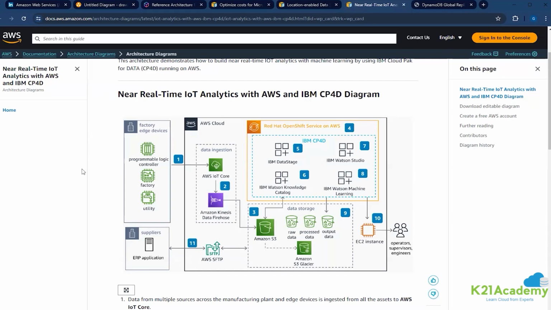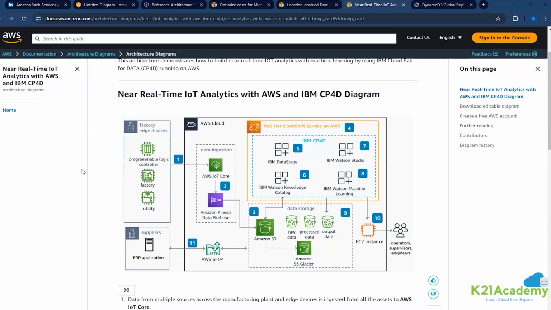Okay, so in this scenario, factory edge devices are sending the sensor data from the factory. So basically you're taking the data from sensors, feeding it into the machine learning algorithm or servers to train your data. Okay, now you got the output, and now the output can be viewed by supervisors, operators in the factory. What can they improve with that data they're getting?